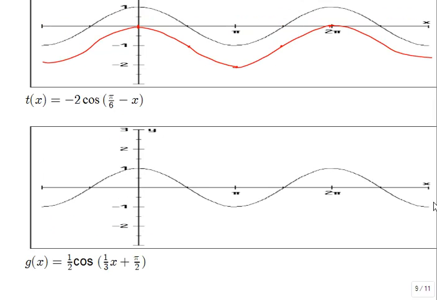Alright, the next example here. -2 cosine parentheses pi over 6 minus x. Now you have to notice, by the way this is written, there is a coefficient in front of that x. It's really just this -1. So you do need to factor out that negative from the x, and I'm going to put the x first,